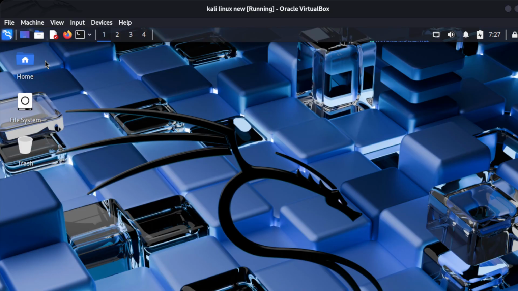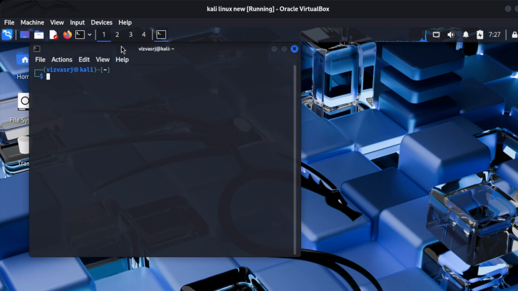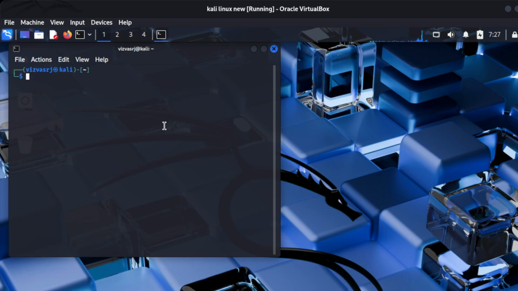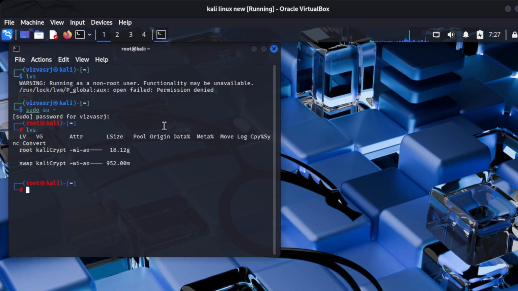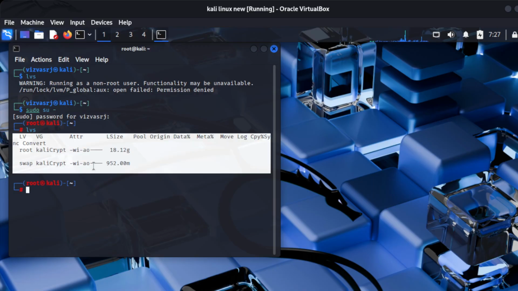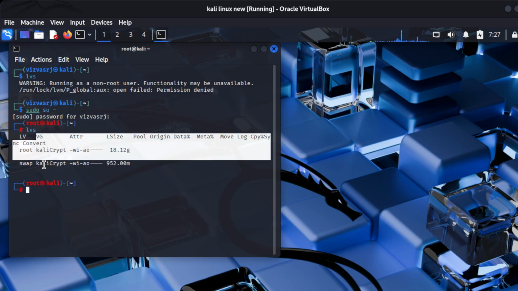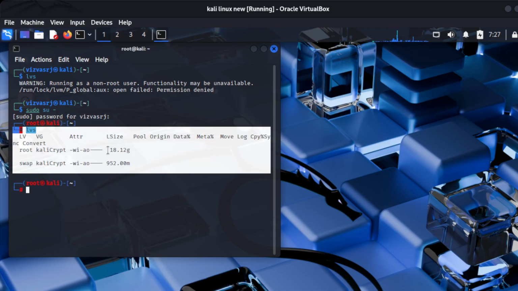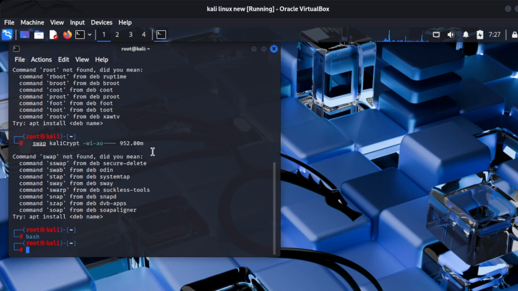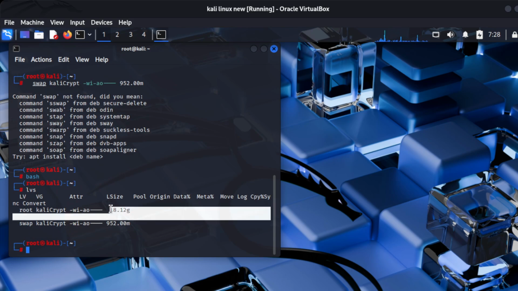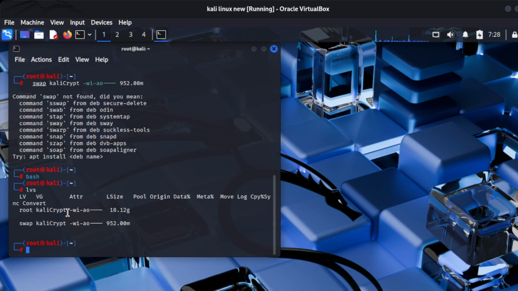First of all, let me show that this is my current system. I already have many things, it is currently 18.12 gigabytes of storage in this. And if I run df -h over there,